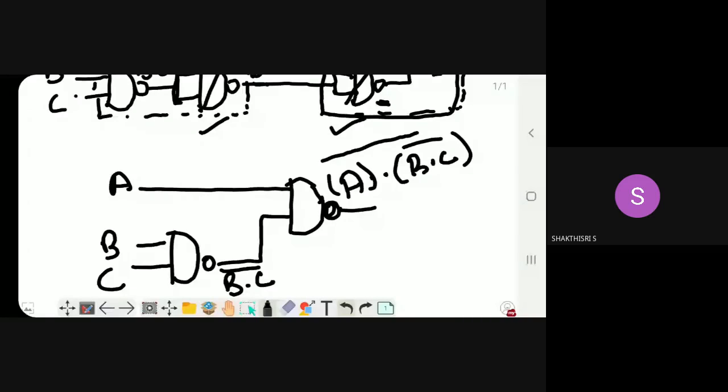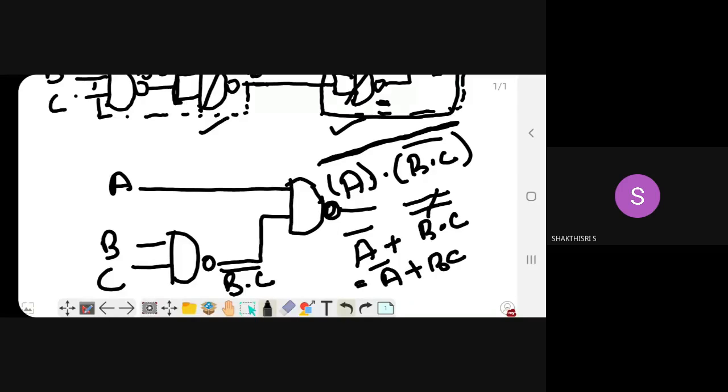If I break this whole bar by applying De Morgan's law, I will receive the output as A bar plus B dot C, the whole double bar. Both the bars get cancelled. Then I will get the output as A bar plus BC. So this is the simplified diagram for the given function using NAND gates. Can you follow me?